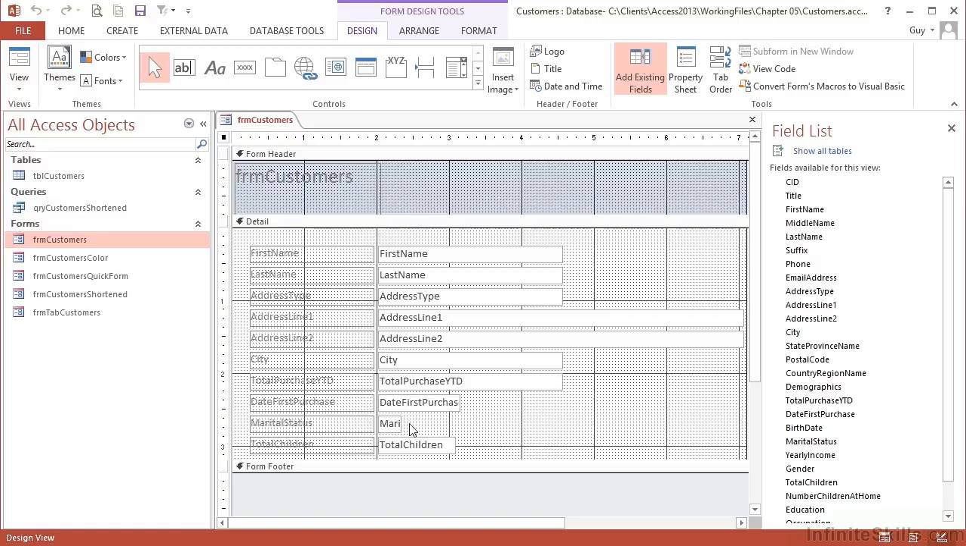Now I know I haven't got all the fields. I've got first name, last name, some of the address fields, marital status, total number of children, but I don't have the ID of the person, which would be quite useful. If I want to add another field to my form, I simply drag it from the field list. So I go across here and click on CID, drag that into my form and drop it in some useful